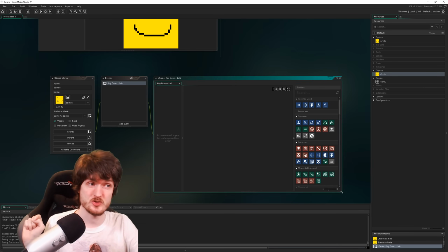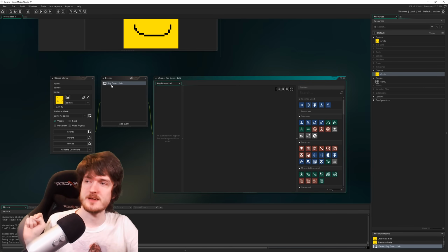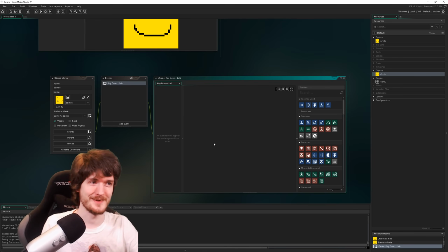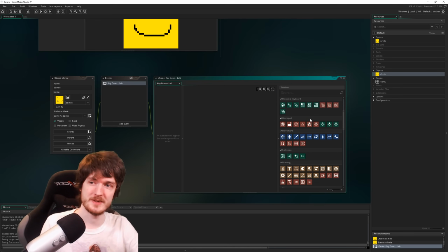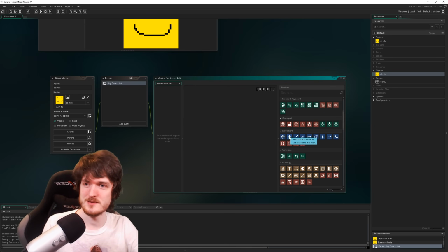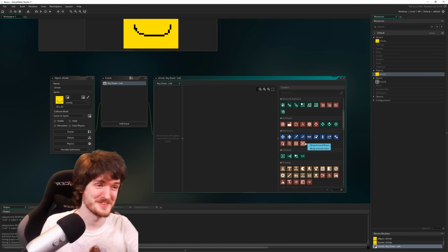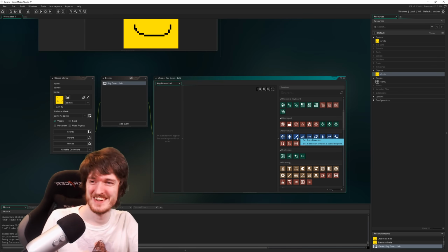D&D stands for drag and drop, and then instead of having a code window, you'll have this thing, I don't know what you call it, the D&D editor, where you can drag in pre-built actions that just do specific things. So when key down left is pressed, we could do like... it's tough for me because I don't use drag and drop, so I don't actually know how most of these things work. But we could set